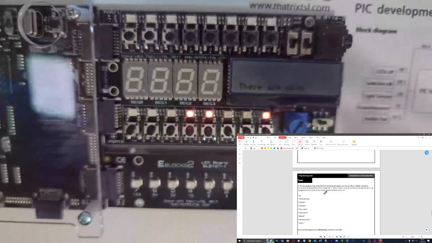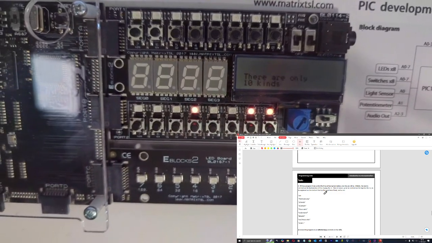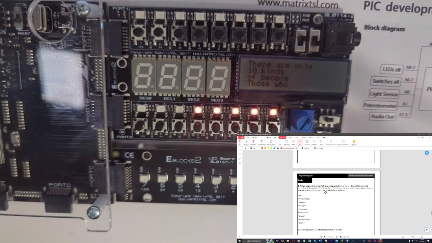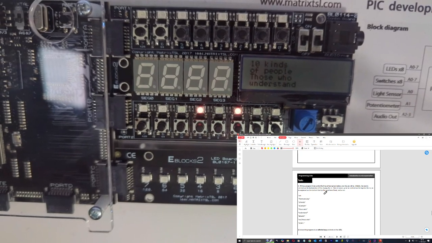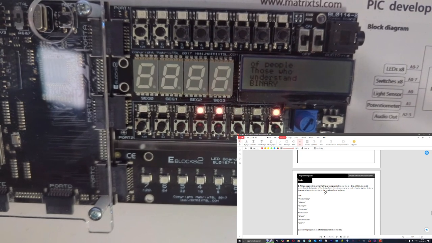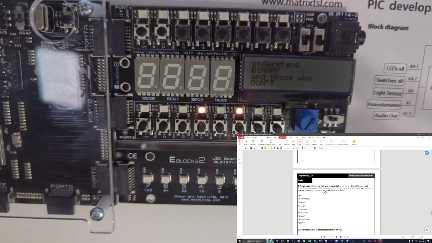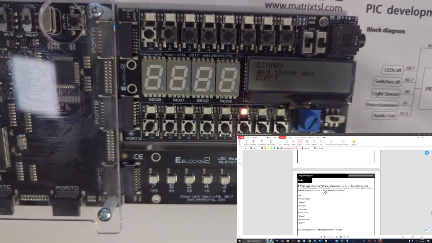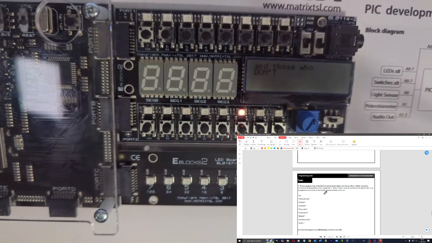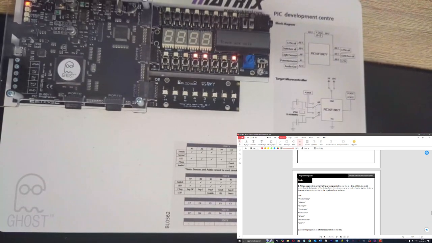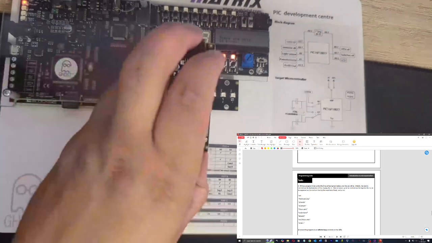Okay, so it says there are only 10 kinds of people: those who understand binary and those who don't. And obviously it's not that there are only 10 kinds of people, it's that there are only 1 0 type of people, i.e. 2. Anyways, so next video now, I believe we are using this funky thing,